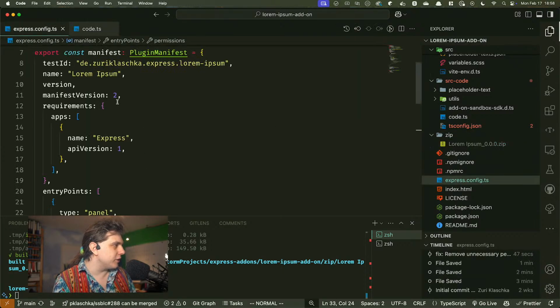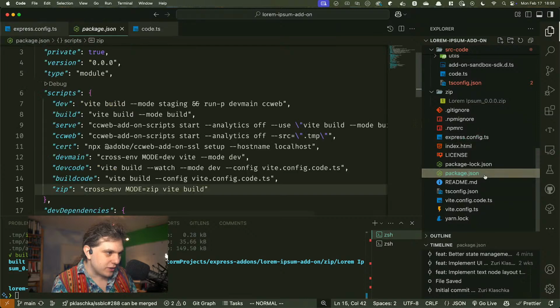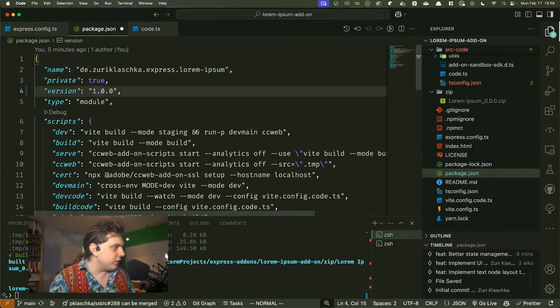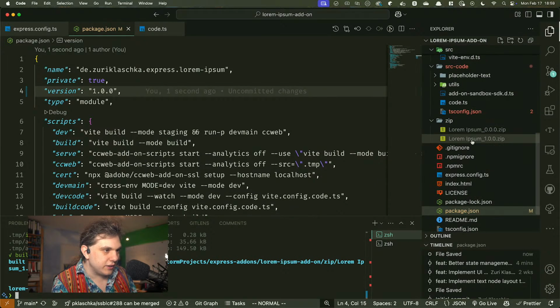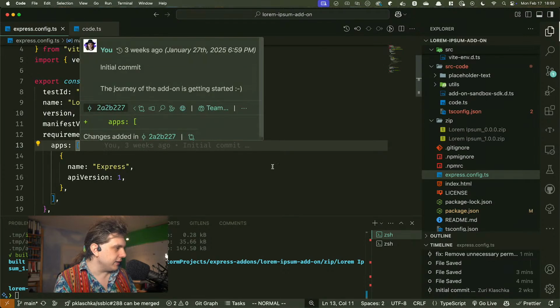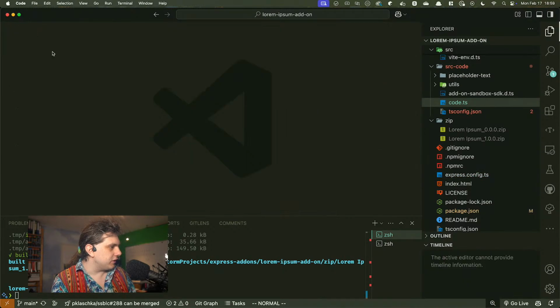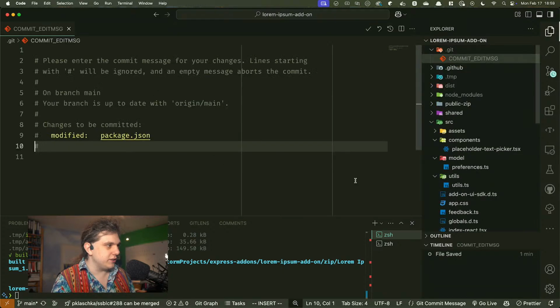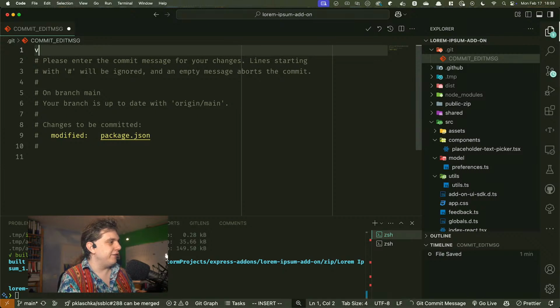Okay, we should probably still change the version of it. So version comes from the package JSON. So let's just make this version 1.0.0 and do the same thing again, basically. See if that works. Yeah, we have 1.0.0. Perfect. And so with that, hopefully, this should basically be it, and we can say this is version 1.0.0,